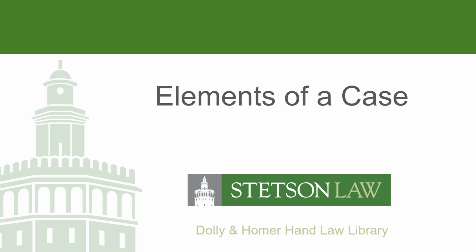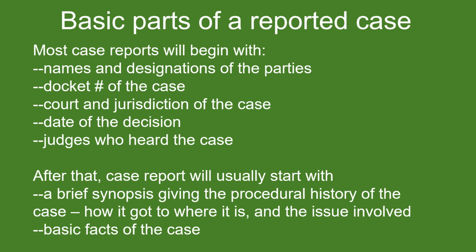Hi, today we're going to be going over the elements of a case, the basic parts that make up a case decision. Most reported cases will have the following. They'll begin with the names and the designations of the parties, for example, who is the appellant, who is the appellee. You'll have the docket number of the case, the court and jurisdiction, the date of the decision, the judges who